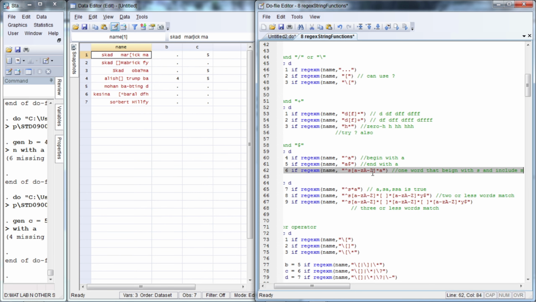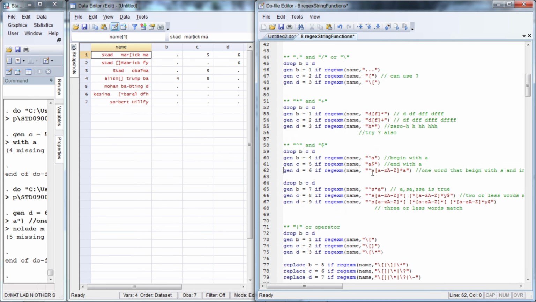So let us see which observation does obey this condition. This begins with S, can have 0 or more letters followed by A. So this is it, observation 3. Due to case sensitivity of S, we could not include this, but if you want to include this, you can